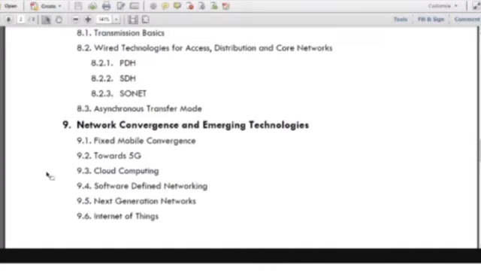So therefore, this part of lecture 9 is very interesting, and we are going to assess the future trends of telecom networks in general. As the course name suggests, we are going to see what the future of telecommunications will be. Like, what will be after 5G, for instance. So such types of things need some sort of discussion, and we are going to accomplish that on the 9th lecture.